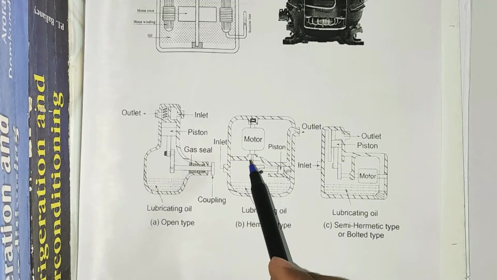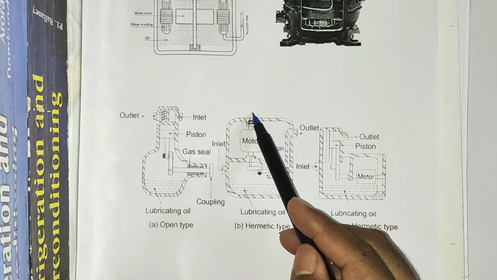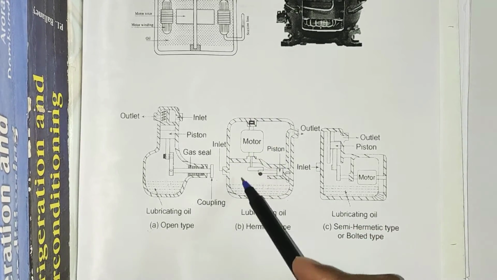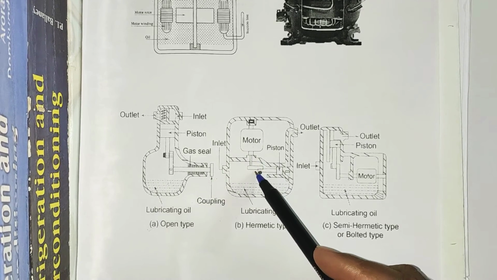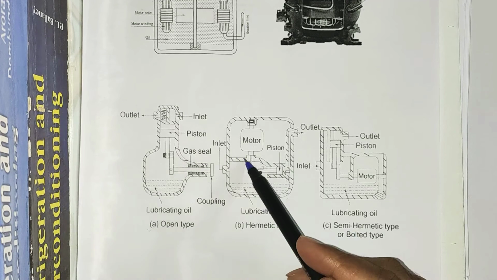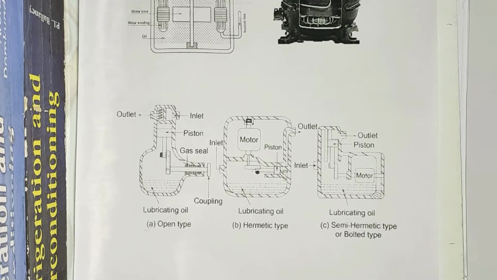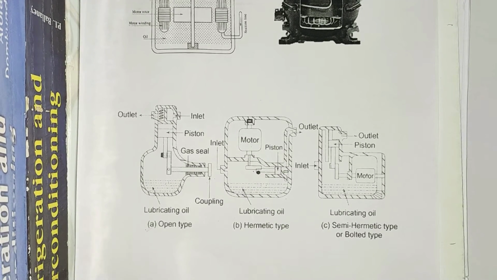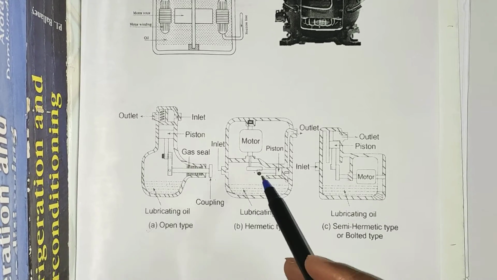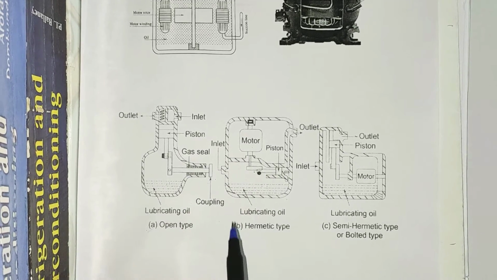And here the motor rejects a part of the power supplied to it. Some electrical power is supplied to the motor, and since the motor is coupled with this compressor arrangement, it rejects a part of the power supplied to it due to eddy currents and friction, that is, the inefficiencies. Similarly, the compressor also gets heated up due to friction and due to the temperature rise when the vapor is being compressed within this piston cylinder arrangement.